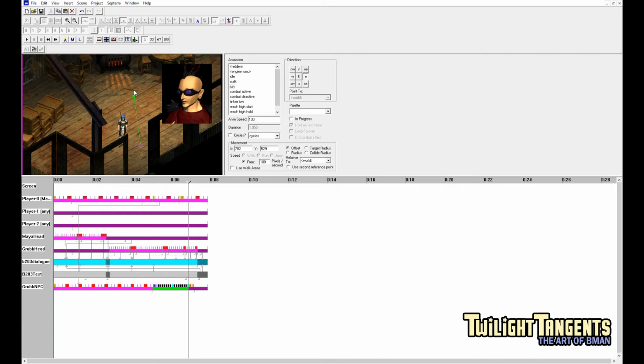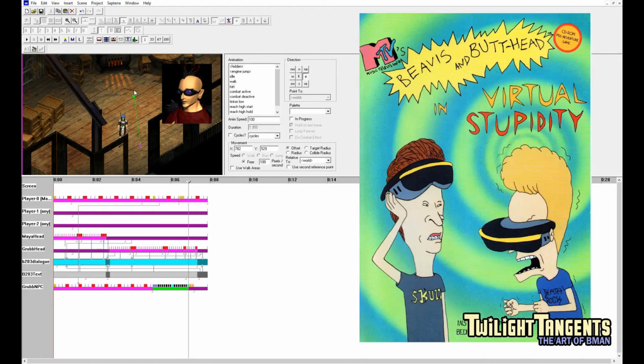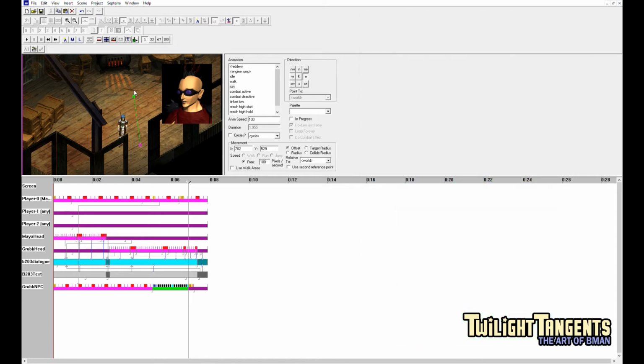We had worked on a game at Viacom New Media, a few of us, on a game called Beavis and Butthead and Virtual Stupidity, and we built a tool very similar to this to do that. Starting over at Valkyrie, we had to recreate the basic concept of that tool from the ground up, and it got even more complex